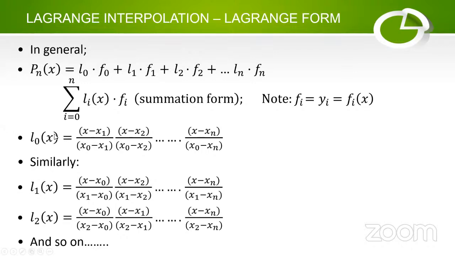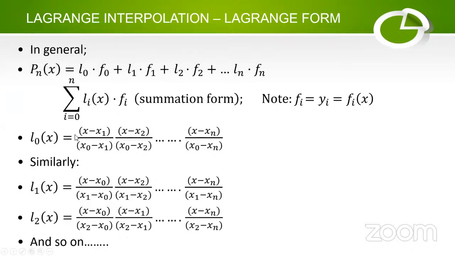So if we recall the local support function that we talked about earlier, we say that if we consider the discrete points, for instance point x0, every other node will be disregarded. So now, if we are considering L0, we will not have x0 at the numerator, but we now start considering x minus x0, x minus x1, and all the way to